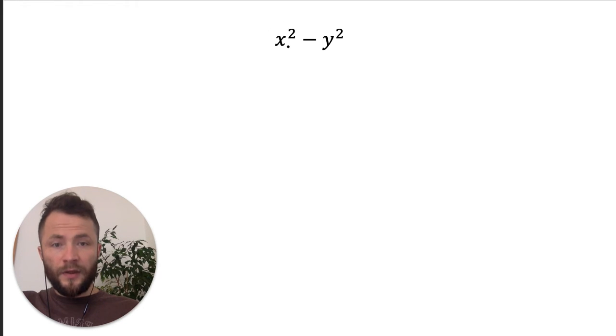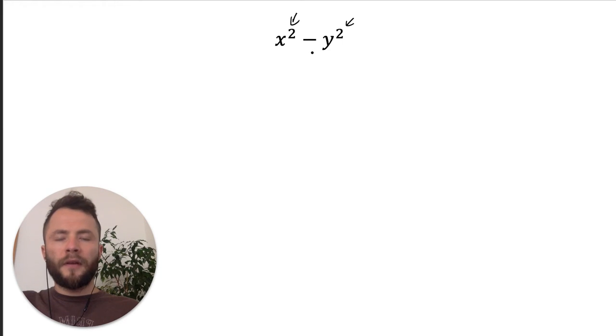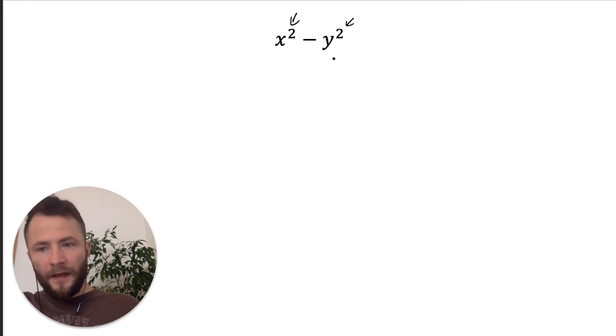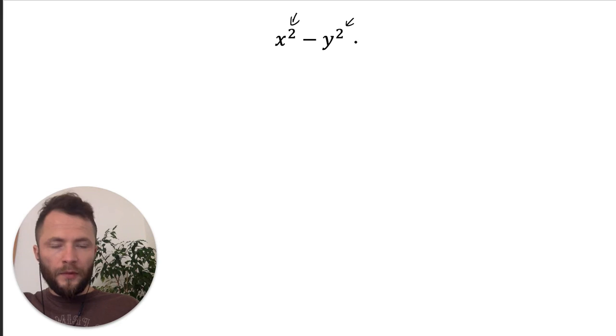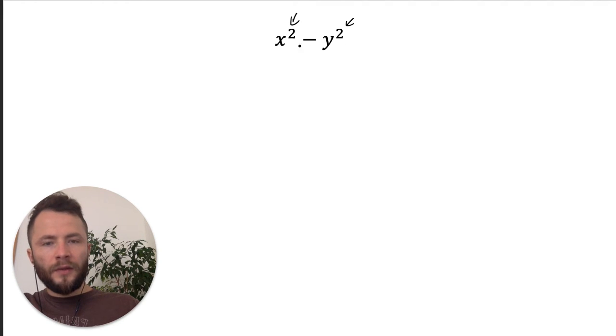So x squared is a square, that number 2 tells you it's a square, and y squared is also a square, and that number 2 in here tells you that it is a square. And the important thing to recognize is that there is a difference between those two squares. So what actually happens is that we know that if we see an expression of this form, x squared minus y squared, we can factorize this into an expression that looks like this. We have two brackets,